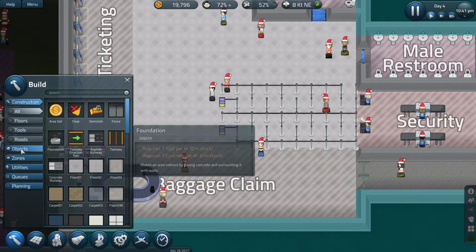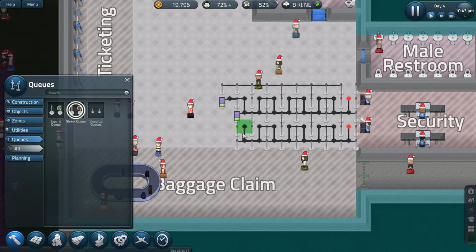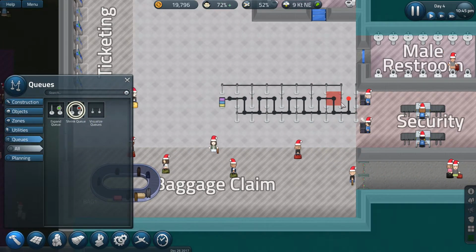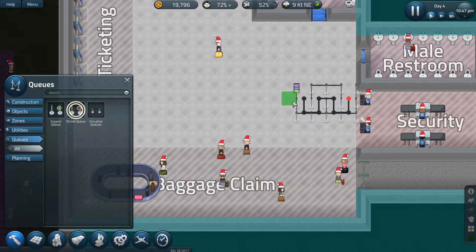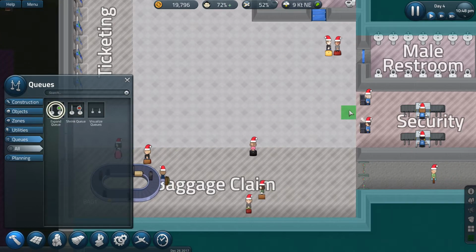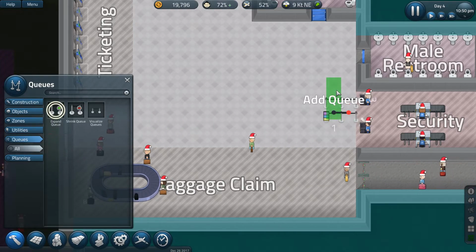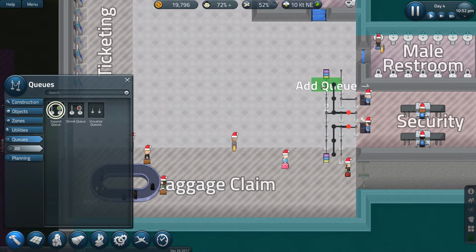So let's redo the queues while there's nobody in the queue, just clicking lots. This seems to work really well for these ones. Now I have to start from the end, don't I? Right. So what we're going to do, we're going to start here with this one. We're going to come out one. We're going to go this way two. We're going to do the same here. And then,